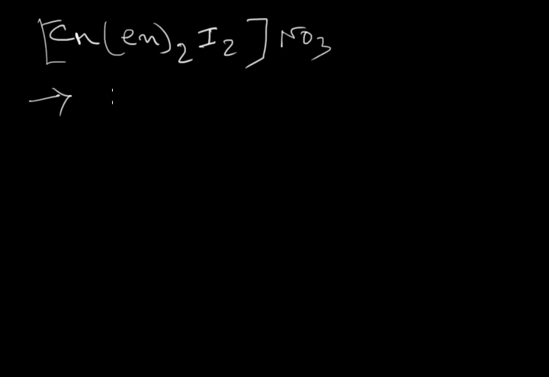What is the name of this complex? Now en is called ethane 1,2-diamine. The ligand contains the word di, so here we use the term bis to represent this 2 term, and I is called iodido. So the name of the complex is